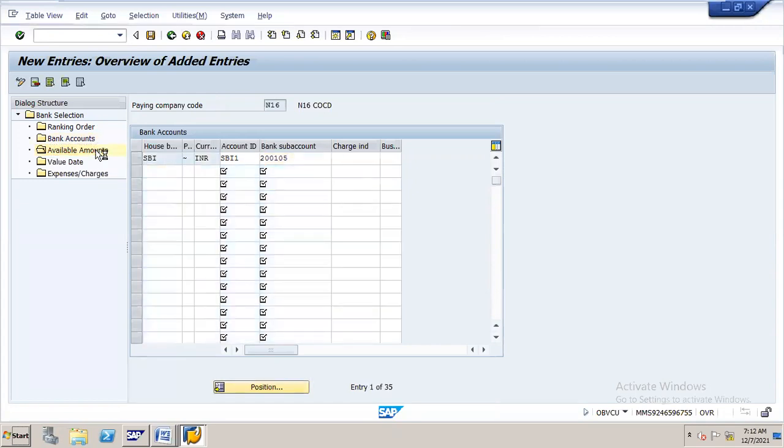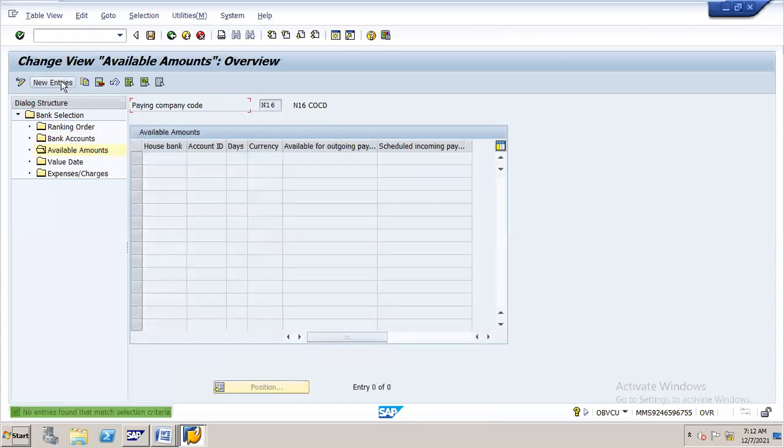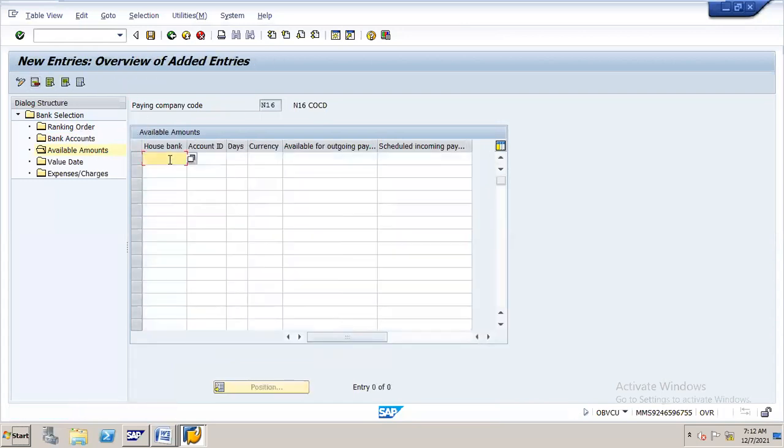Then available amounts, new entries, house bank, account ID, base. What is the amount available with the house bank? You have to enter it here. In SBA, I have this amount.